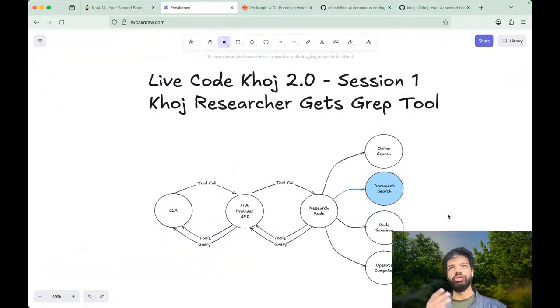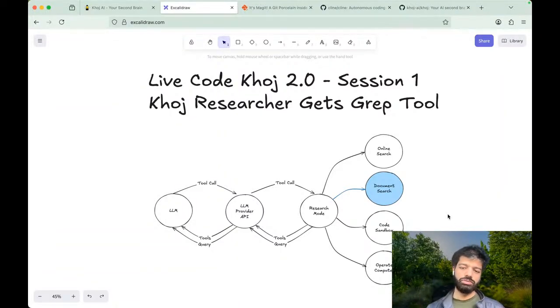If you haven't, go to app.khoj.dev and try it out. The research mode does a longer multi-turn process to figure out the best way to answer your question, look up all the information it needs, and run any kind of code analysis before it answers your question, right?